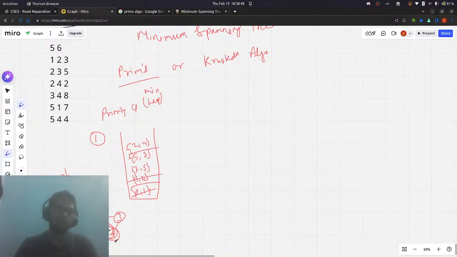Again, 4's adjacent edges will be included, so it will be 5 or 4 5, and then you have 8 3. Okay, I'm pairing them with weight and then where the edge is going to. Okay,